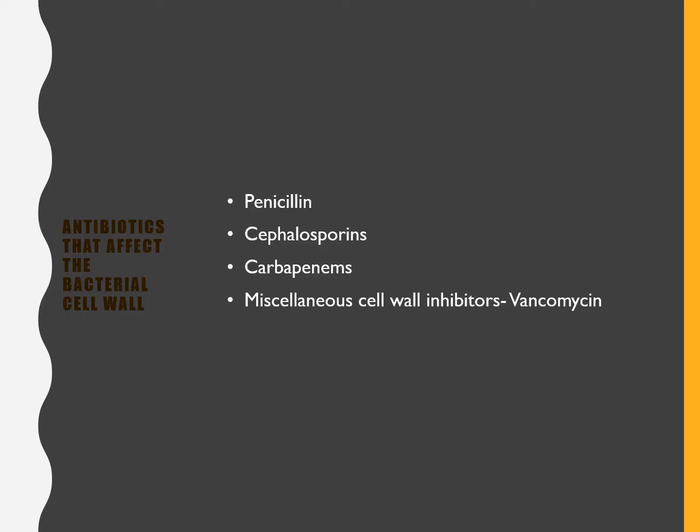So our first classification group will be antibiotics that affect the bacterial cell wall. So these would be bactericidal. Okay, and that would include penicillin, cephalosporins, carbapenems, and then you've got miscellaneous cell wall inhibitors, and we'll talk about vancomycin with that. So before we talk about that, it's just important to remember that the cell wall, the outside